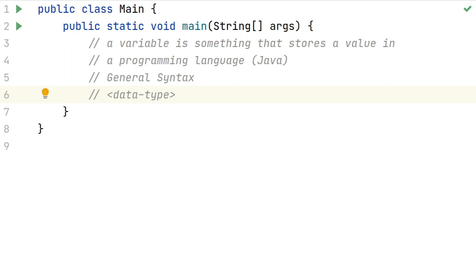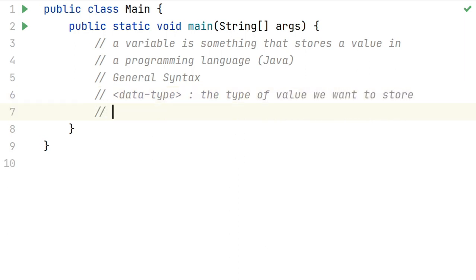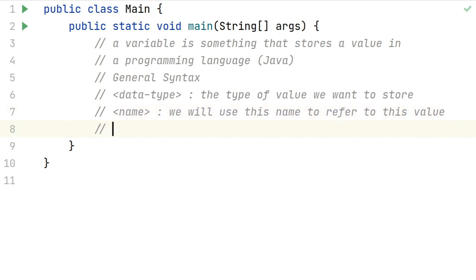The data type will tell us the type of the value we want to store. The next is the name of the variable. We will use this name to refer to this value, and the last part is